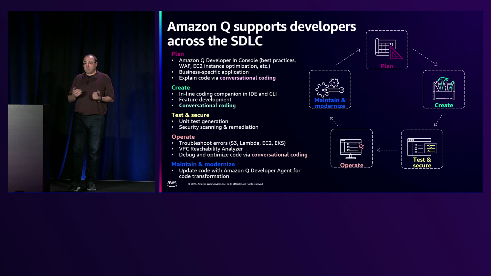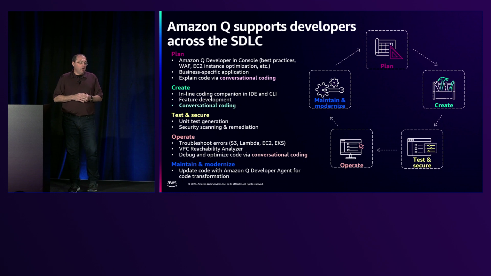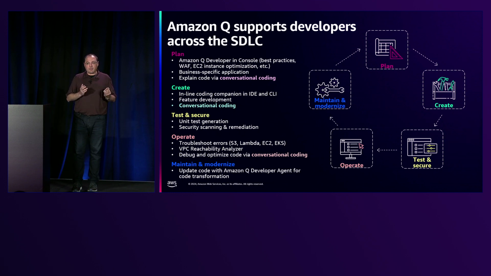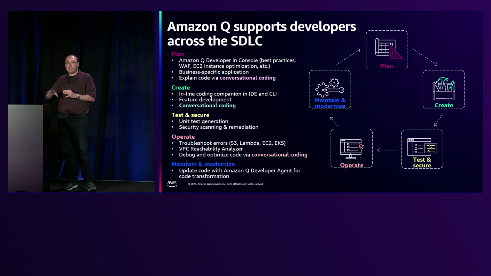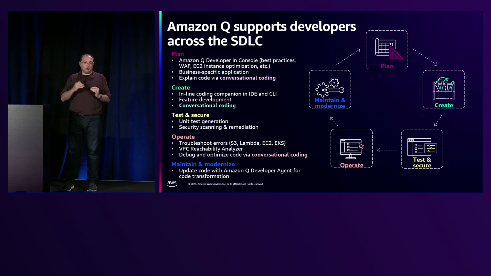There's a number of different things, some of which were announced even 2 days ago in Matt Garman's keynote, around being able to do things like creation of READMEs with /doc, right? So as part of that explanation phase, this might be a code base that doesn't even have a README. Maybe there is an existing README, but it's not up to date, so I can update that file as well. So there's new things that we're bringing into Q Developer all the time to help us with that act of creation,